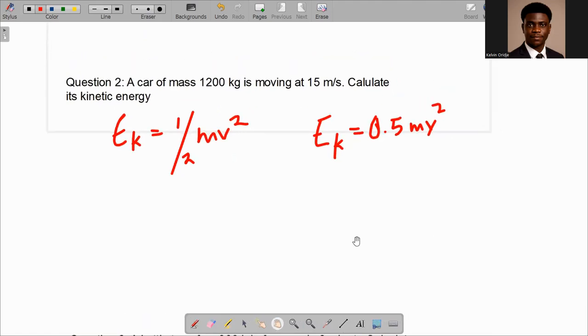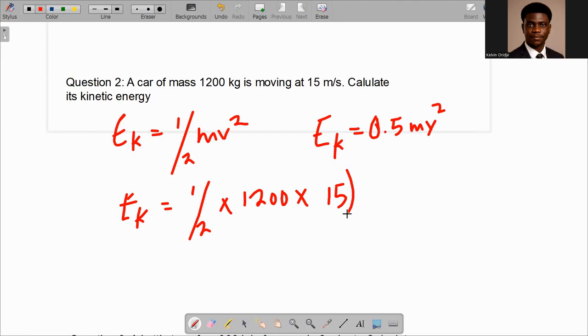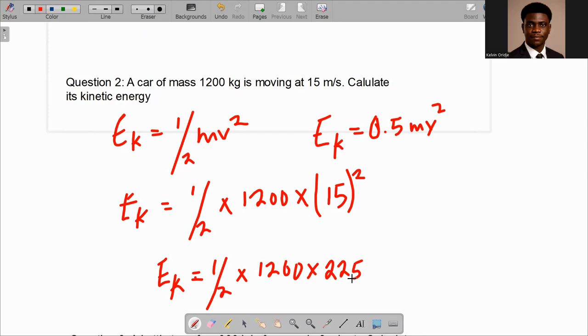So put our parameters into this equation. E of k is equal to half multiplied by the mass, which is 1,200, multiplied by the velocity, which is 15 squared. And after solving this, you get E of k to be equal to half multiplied by 1,200, multiplied by 15 squared, which is 225. And if you punch all of this into your calculator, you're going to get this to be equal to